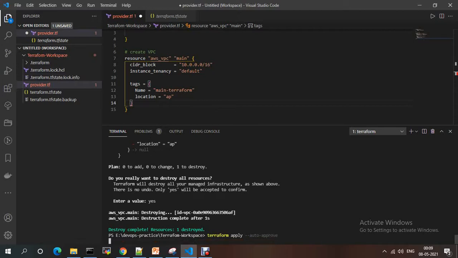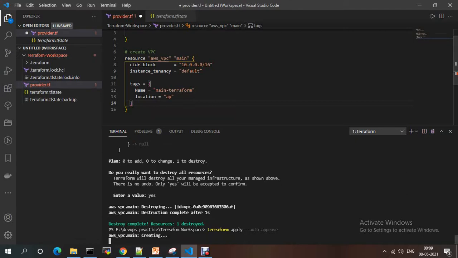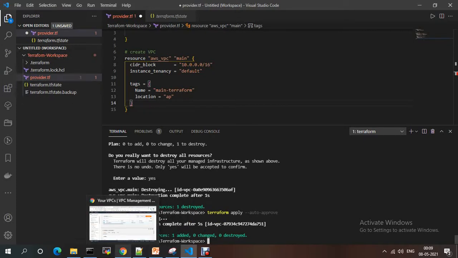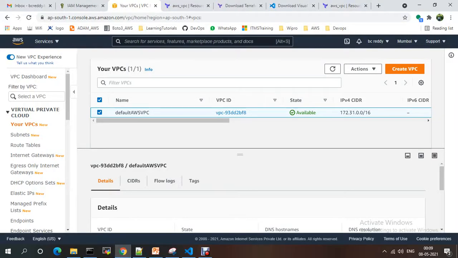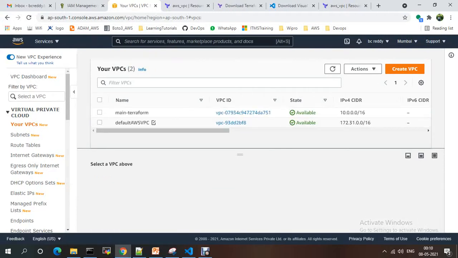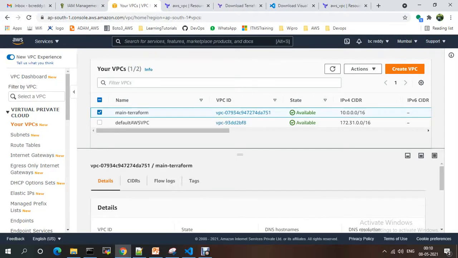It will create the resource. Now if you refresh, see, it is created. So apply will create the resource and destroy will delete your resource.